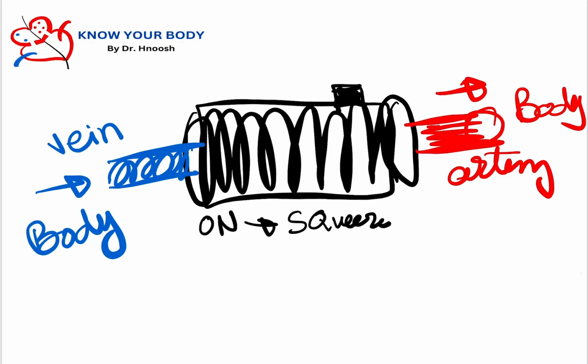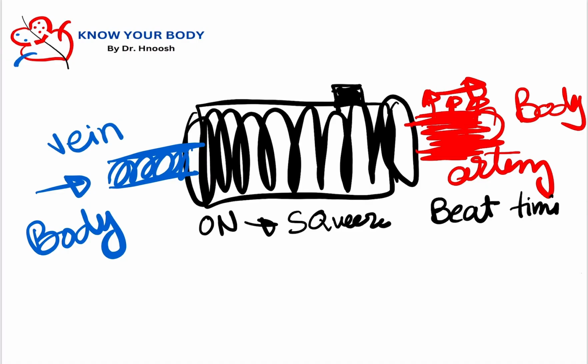And there's a forceful blood going out of this artery. Okay, the blood that's gonna go out when the heart is in the squeeze situation is gonna be under high pressure, putting too much pressure on the wall. Okay, that's what it's called, beat